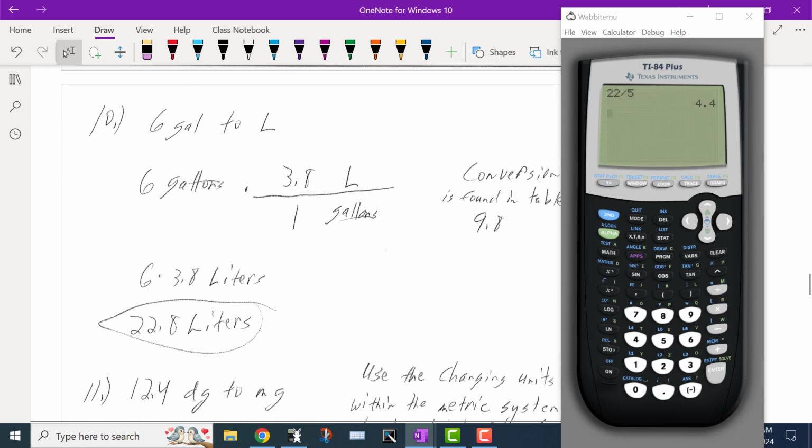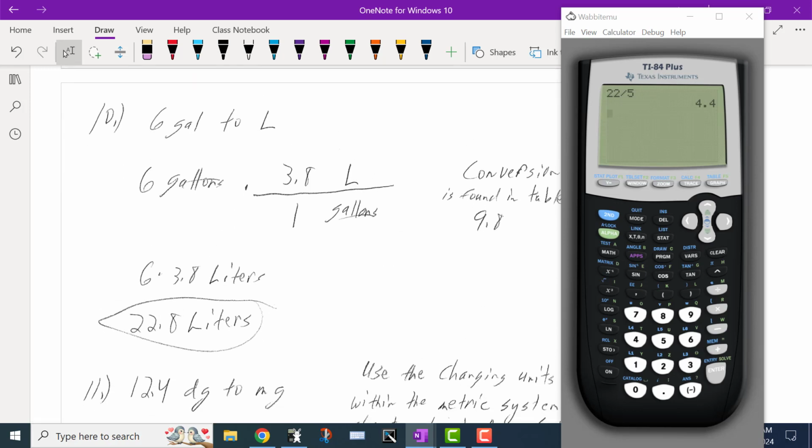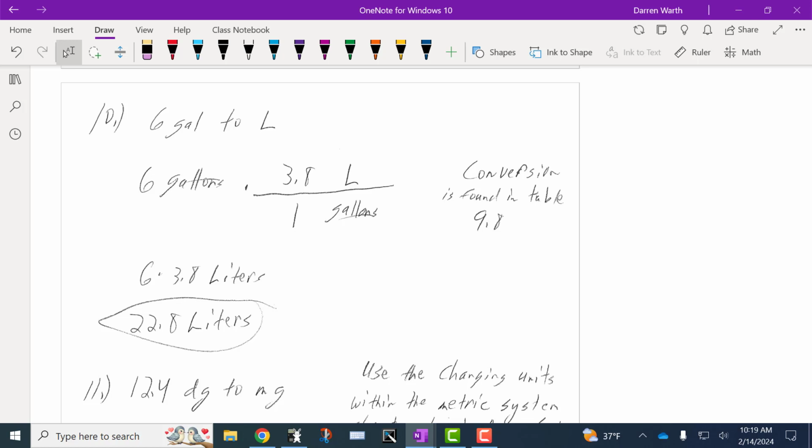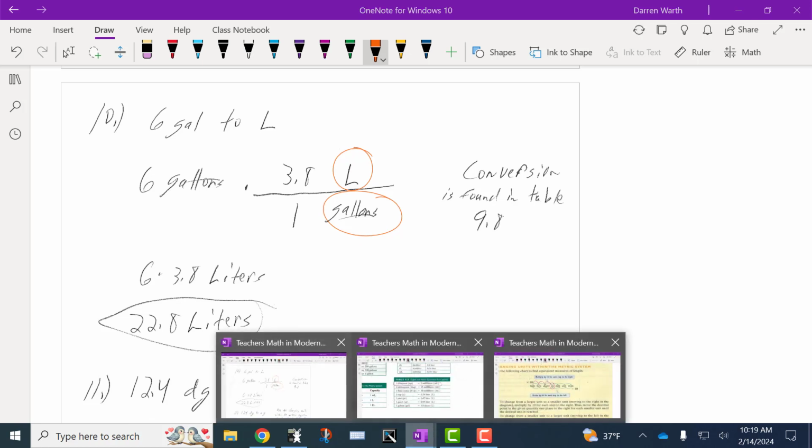On number 10, it says it wants us to convert 6 gallons to liters. So to convert 6 gallons to liters, go ahead and put liters in your numerator, gallons in your denominator. Go ahead and find that conversion between those two on your conversion sheet right here. It says that